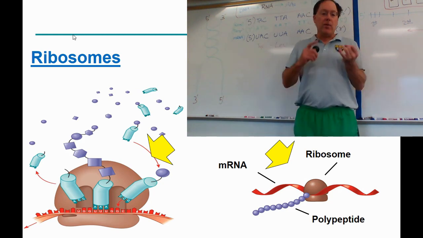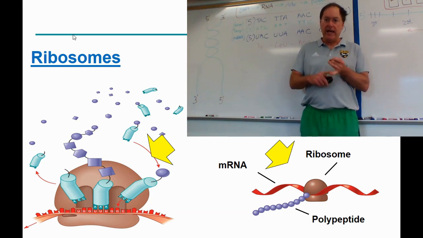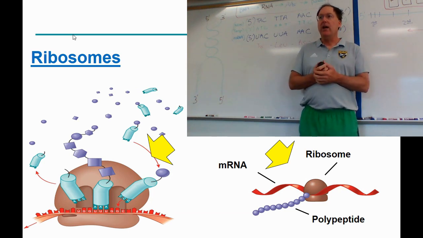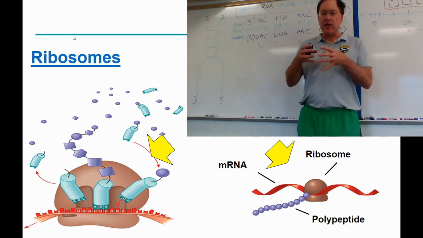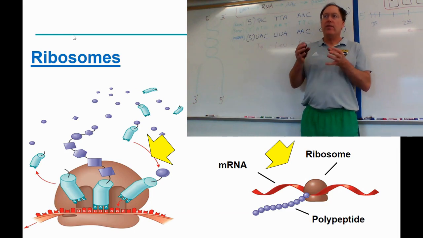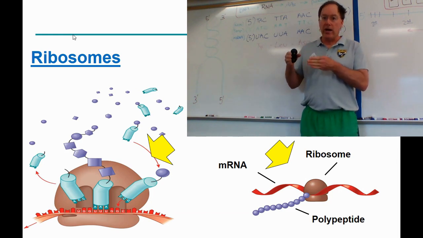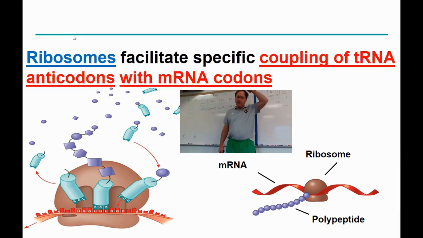So here they are. Remember, ribosomes are made up of two things, rRNA and proteins that have come together. There's this thing called the nucleolus, which is this really darkly stained section of the nucleus in any eukaryotic cell, and that's where the cell stores rRNA until it needs to be used. Now there are a lot of